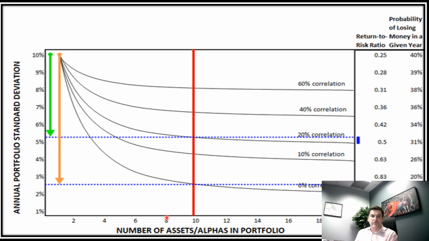So if you go to 8 asset classes with 0 correlation to one another, you're again reducing the standard deviation, which is therefore reducing the probability of losing money in a given year to well under 18%. Now you can see that when you continue to add more alphas or more asset classes, it doesn't really have much of an impact. So the sweet spot seems to be somewhere between 6 and 8 asset classes with low